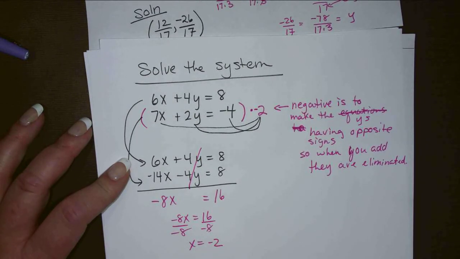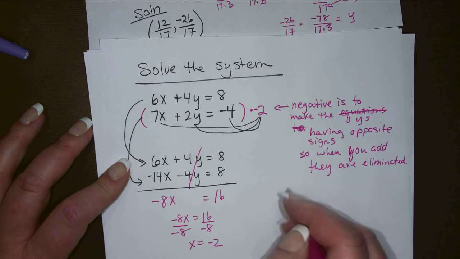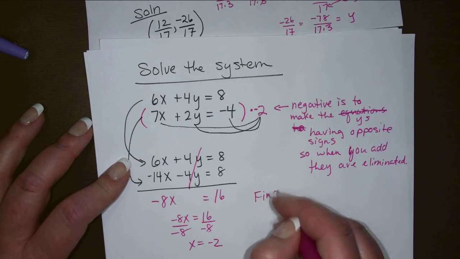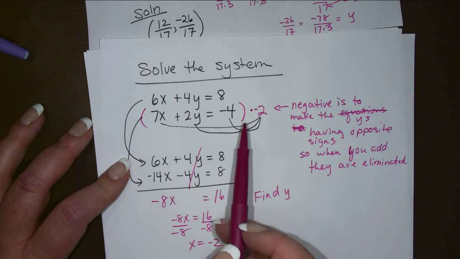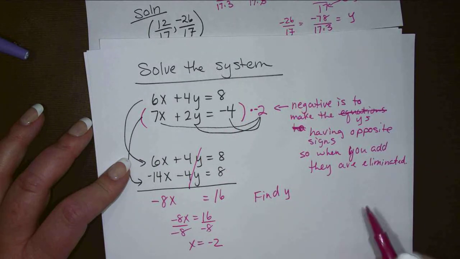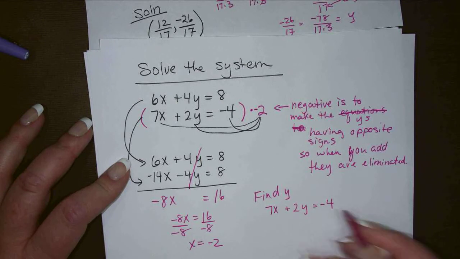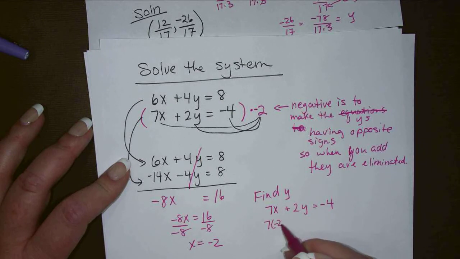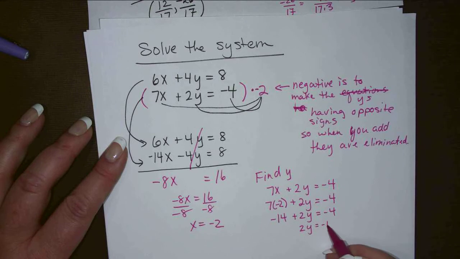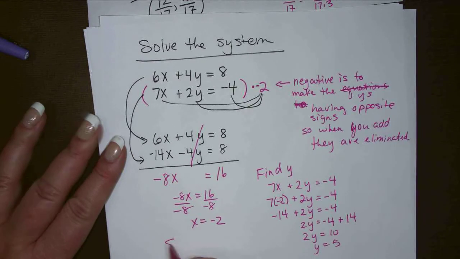And then you need to find the y, so you choose either equation to find the y. I like the second one better. Seven times negative 2. So 2y equals negative 4 plus 14. Y equals 5. So the solution